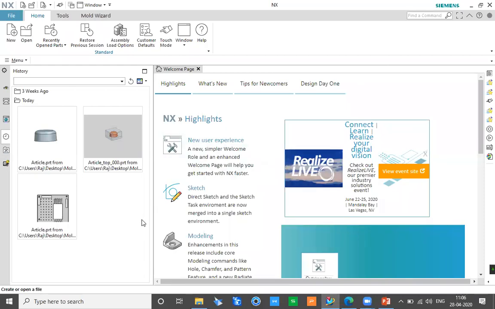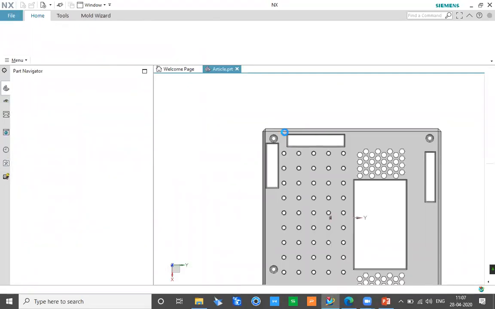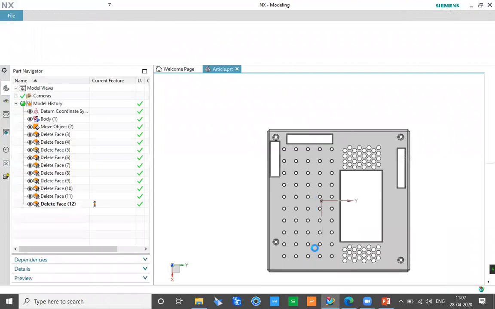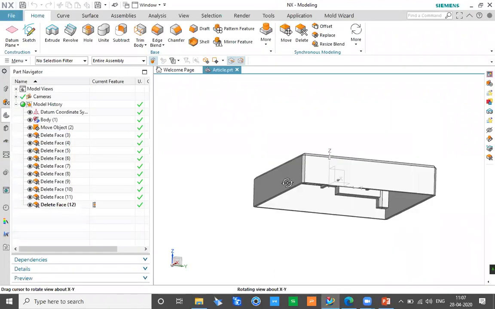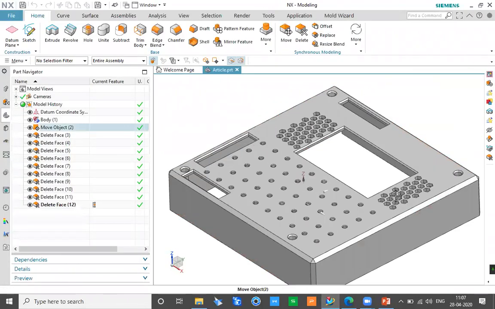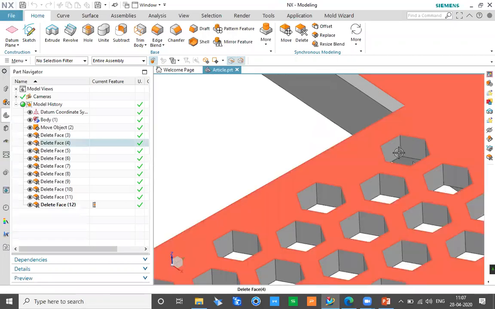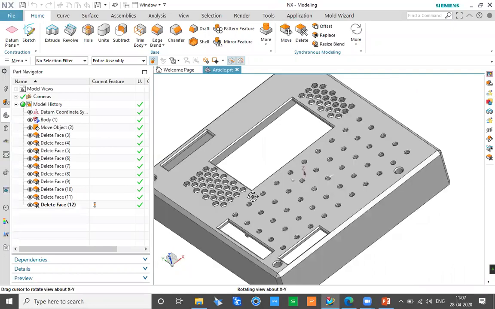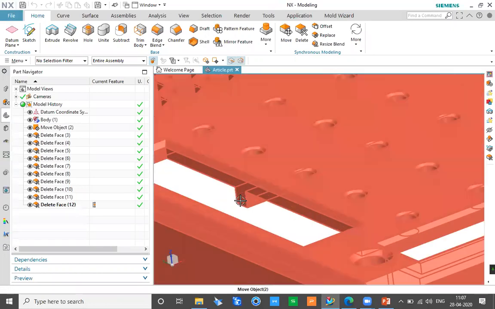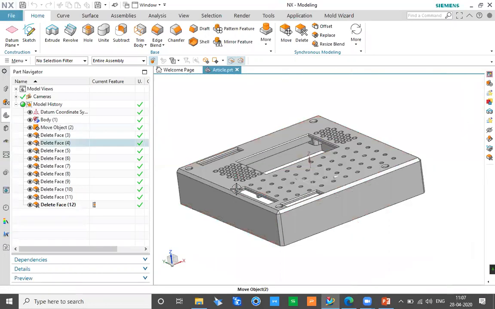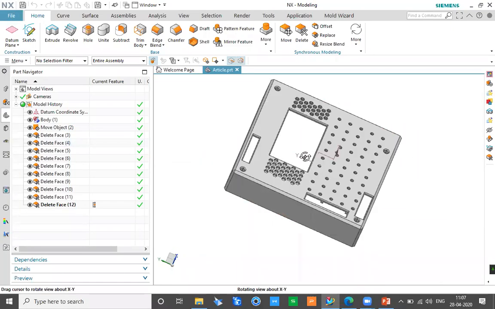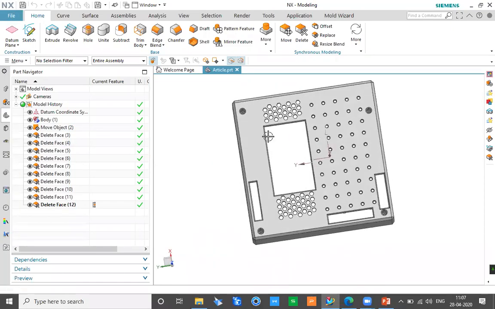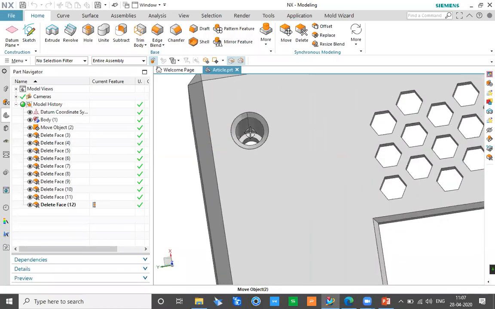So basically, what happens is traditionally for creating a mold design of any particular component. For example, here I have a cover, a very simple plastic cover. And normally creating a mold design of this kind of component takes a lot of time, only because there are a lot of openings here. The side profile in this particular model is quite okay, but there can be a condition where there are a lot of openings and you have to create core and cavity for this. And the most time consuming part in this kind of model is actually generating the core and cavity of this particular